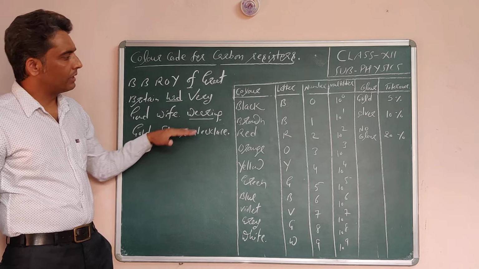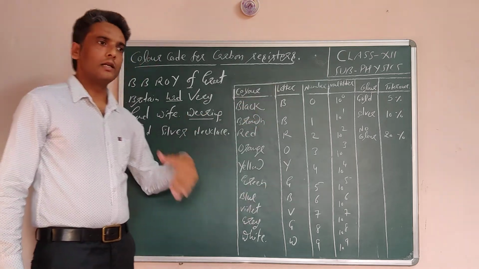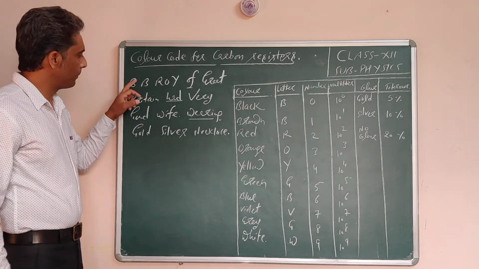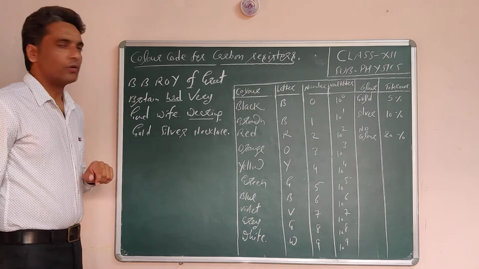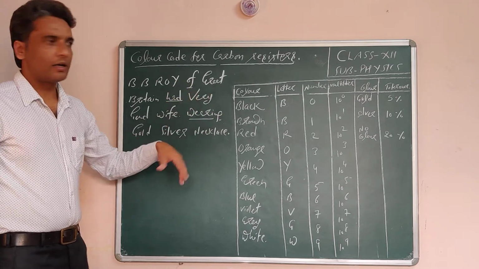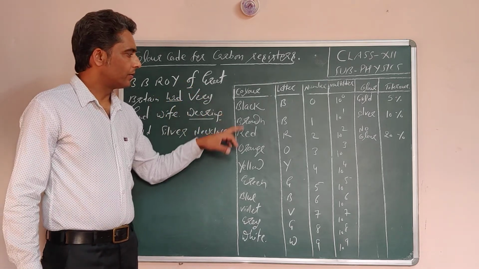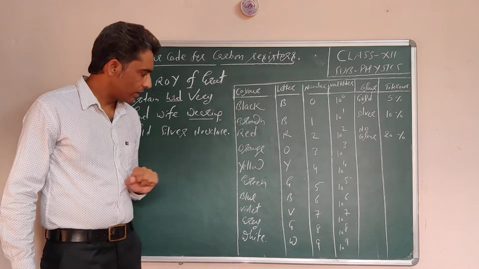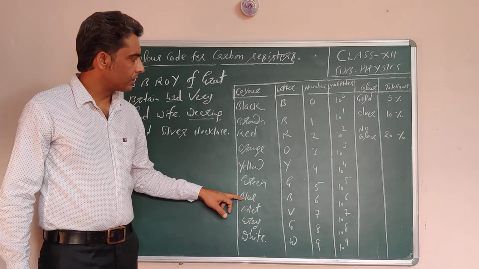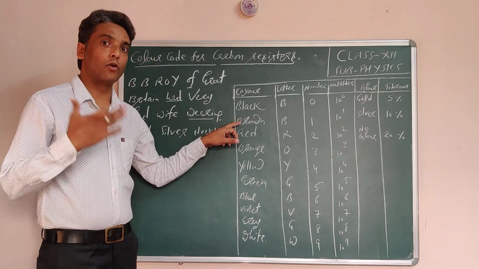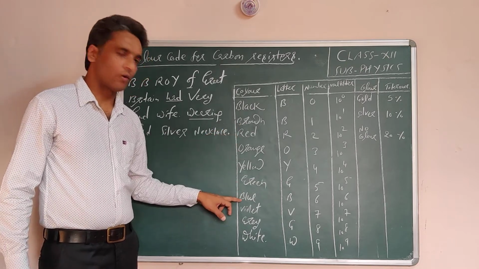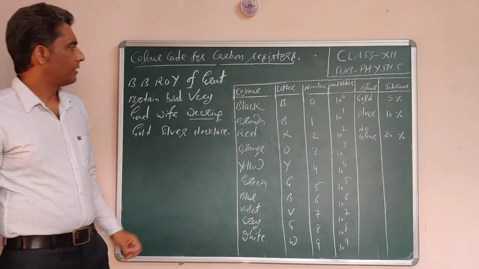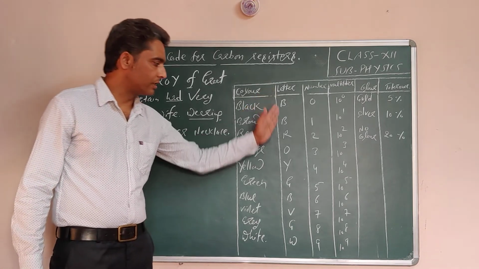So from this statement you can easily remember the order of the colors and similarly the number. For example, here there are 3 B's, B, B and this B. So you have to write these in alphabetic order. You can see that brown comes after black, so we have written first black and then brown. But blue comes earlier than brown in alphabetic order, but here it is after brown. So you have to remember that. So this is how we can remember the order of these letters.